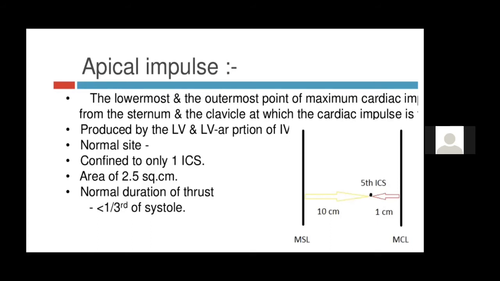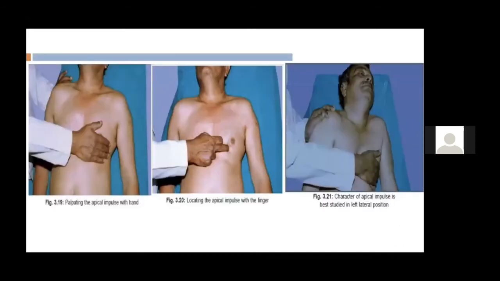It should never raise your finger more than one third of systole, because anything which lifts one third to two thirds is known as hyperdynamic, and anything which raises your finger more than two thirds is a heaving type of apex, which we will come to in the next slide. So this is how you define a normal apex, and under these points a normal apex should be described. Now, as I told you first, the apex should always be palpated in only two important